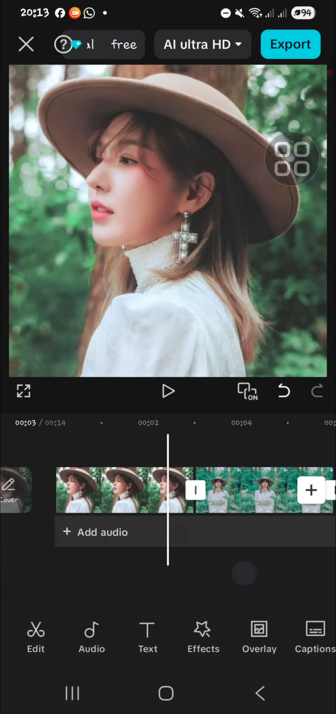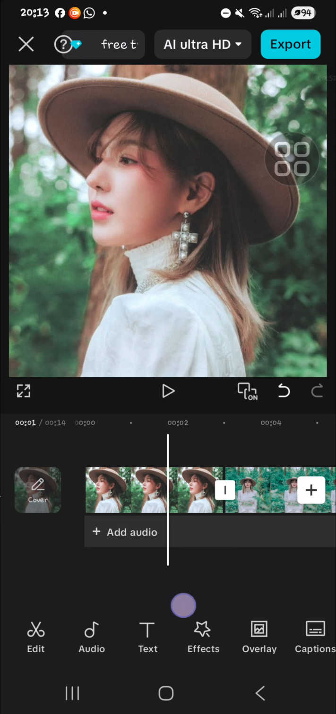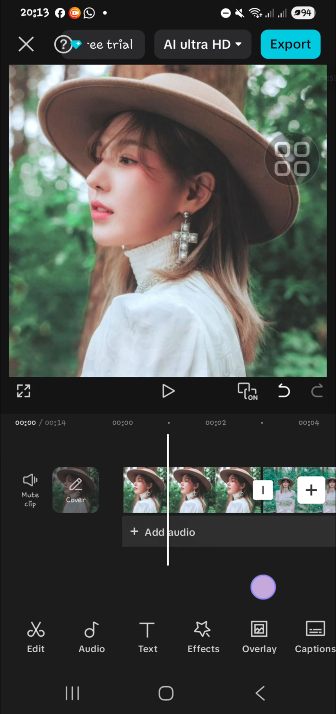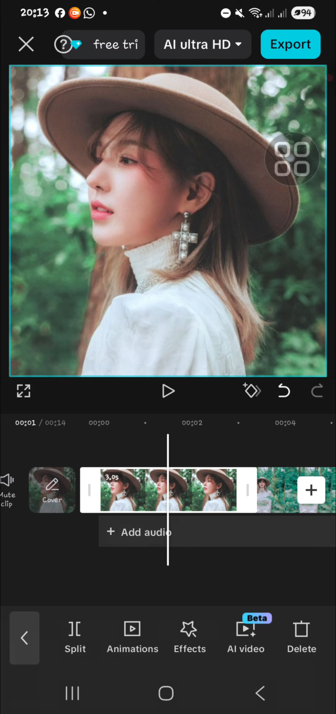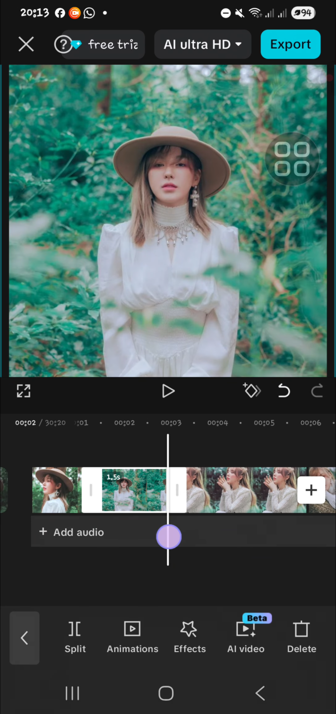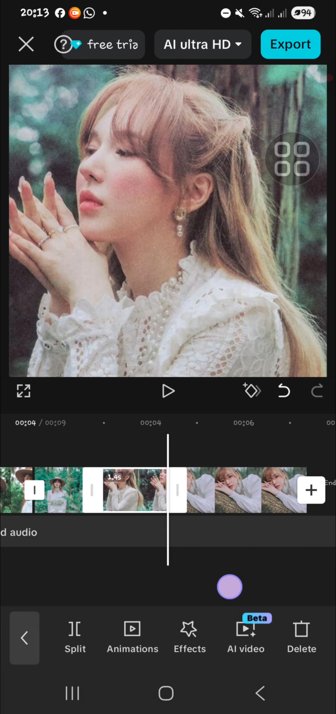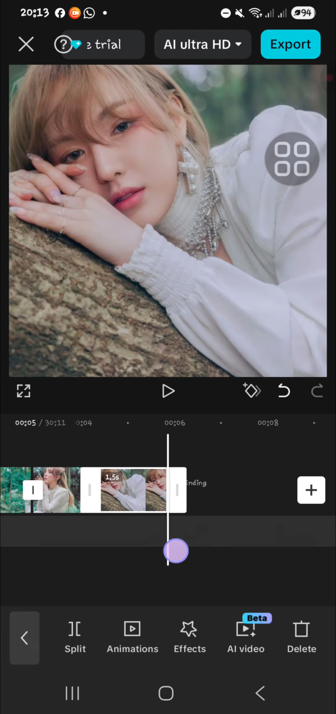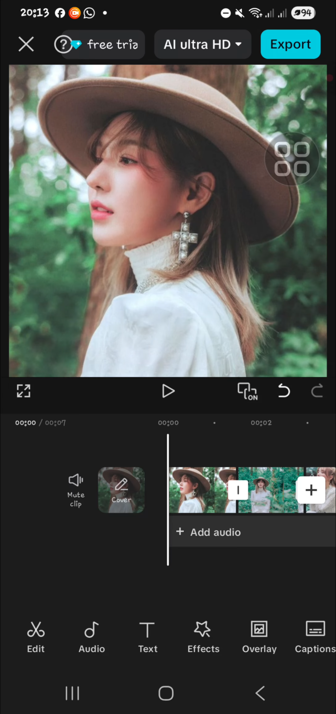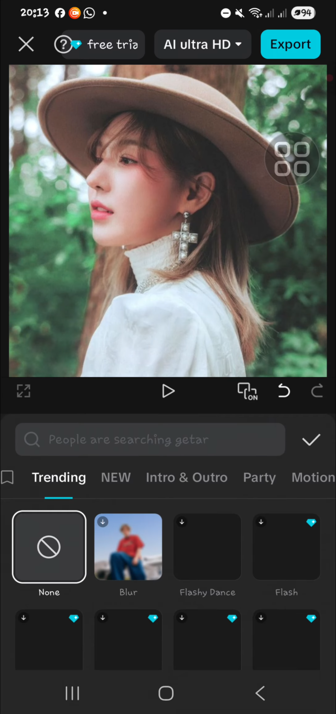All right, and then to add the glitch transition we need to go to the effect menu. But wait again guys, I'm going to cut the duration. I'm going to make the duration faster, so I'm gonna cut it. Okay, and all right, we need to go to the effect menu, select the video effect, and then we can